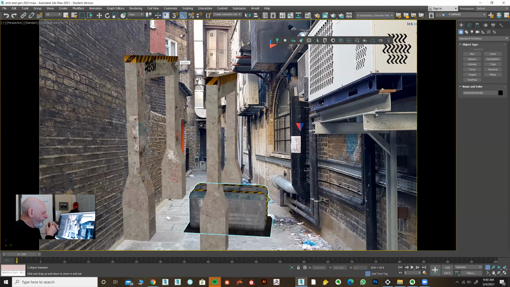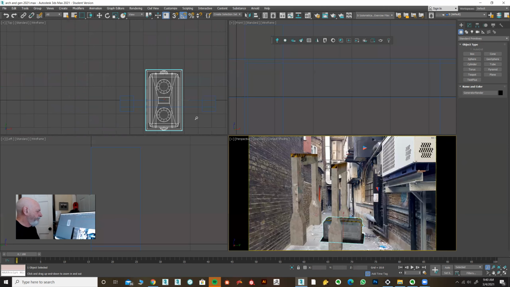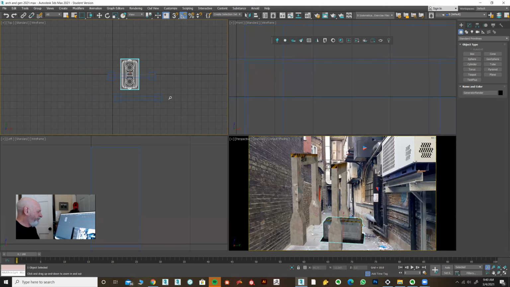And we want to make a plane to cast shadows on, all right? And it will also help us position the objects, all right? And we'll put a special material on it, okay? So I'm going to go to create, standard parameters, plane, right? And you want to draw a plane that is kind of the same size as the floor in your scene,